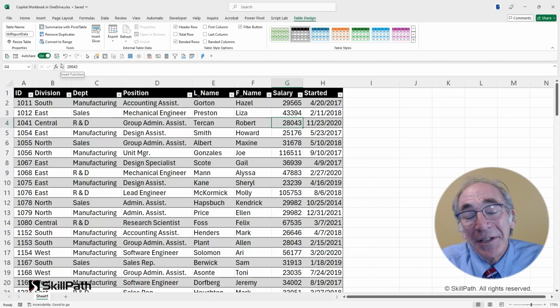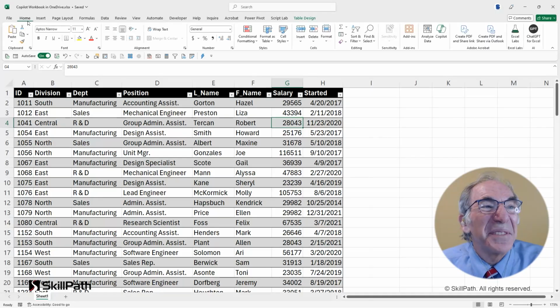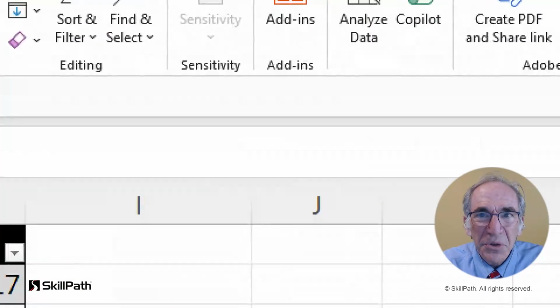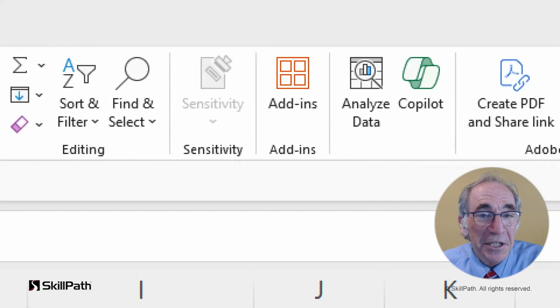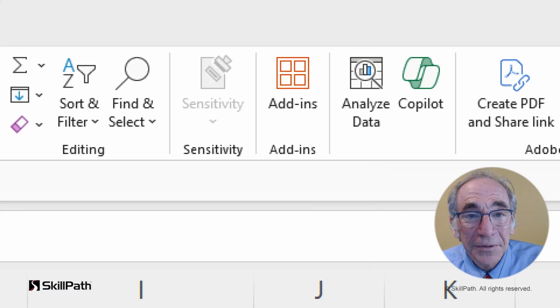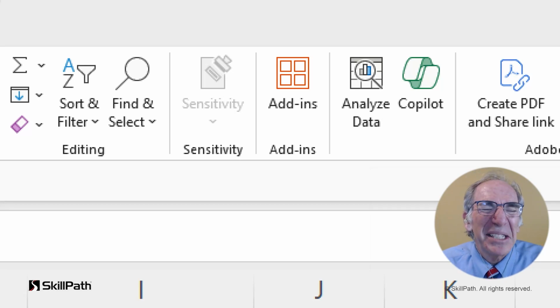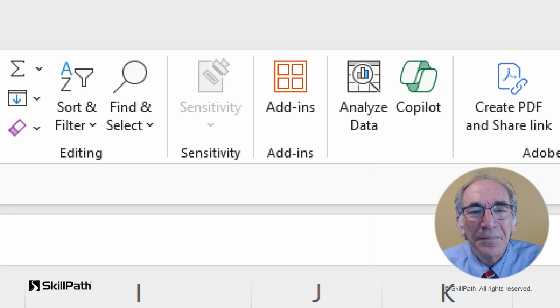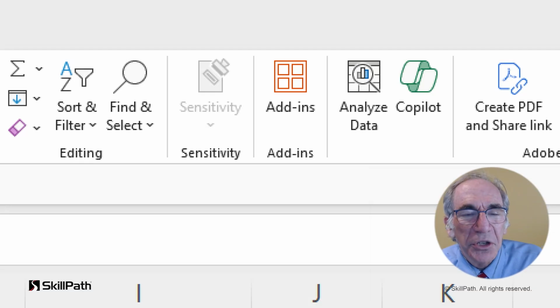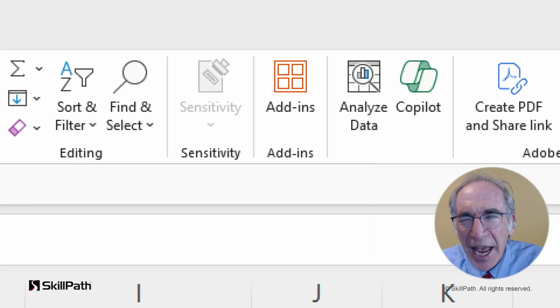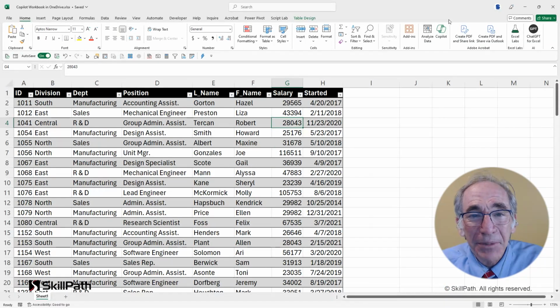But if you don't see Copilot in the menu up here, I'm just going to the home button, for example, and over here on the right, if it doesn't say Copilot, it might very well be that you don't have Copilot Pro, the individual license, or you don't have Copilot for Microsoft 365, the business license. All you've got is just access to Copilot within Edge, the Copilot chat, or the Copilot app, and you don't have these extra $20 or $30 add-ons, but I do.